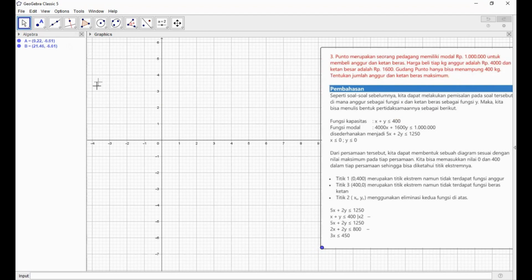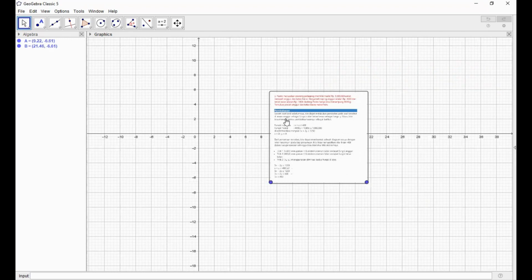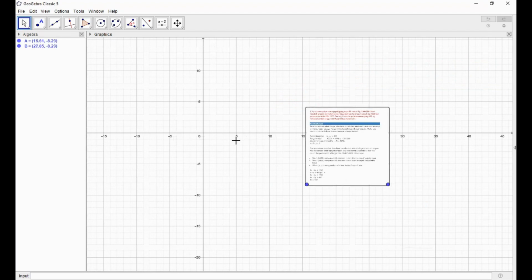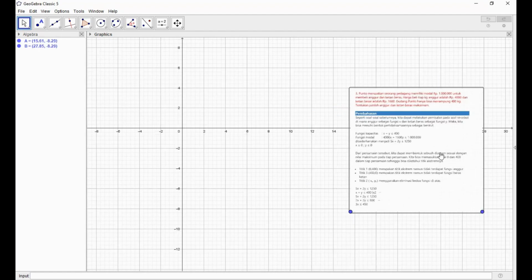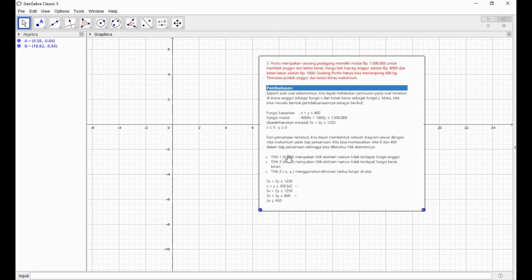Okay, let's try to zoom out first, because we know. I will first teach all of you how to draw this dot. 0, 400, and we call the variable a, anggur.